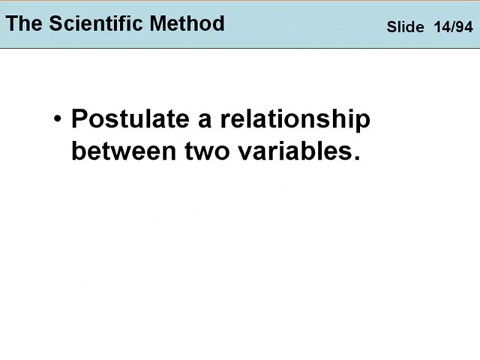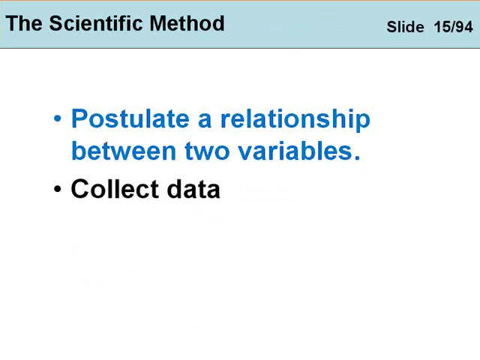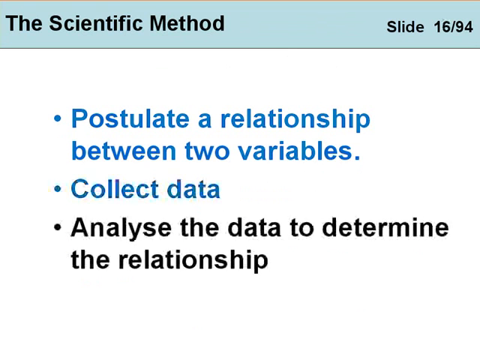And natural scientists, people in laboratories, do the same thing. Something is causing something else. And if they can perform the experiment and repeat the experiment over and over, eventually they will build up some insight into what's causing what. So we have a relationship between two variables. Then we collect some data. We make observations, or we do something. We collect some data. Having got the data, we analyze the data to determine the relationship.